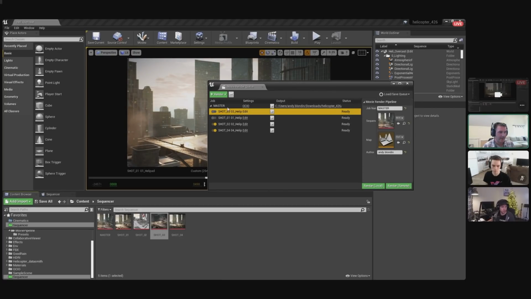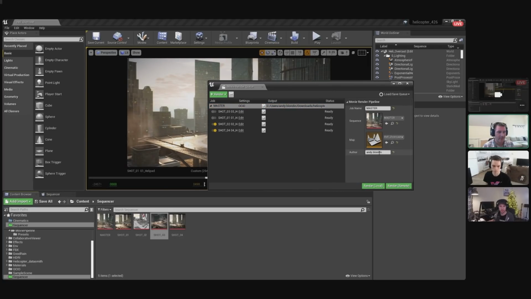And with each shot, I should say at the very top layer, there's this idea of settings that we want to use to be able to render, and that's what we'll be going into great detail later. I'm going to pop this open shortly and just show you a few of them. But you can see that this is comprised of a sequence and a map. When I drag in the sequence, it tells me which map I'm using for that sequence. I can go ahead and give it my name and re-render. And some of this is stored in the metadata of the job.